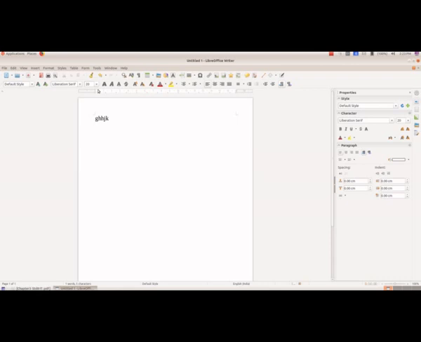So when you type, you will get the English alphabets only and not Malayalam. And if you want to get the Malayalam alphabets, here on the top panel you have an EN.